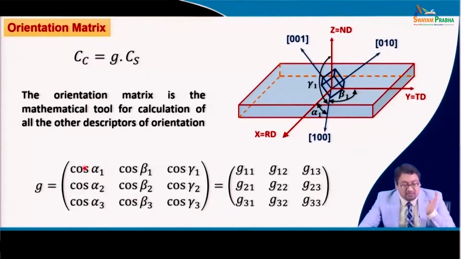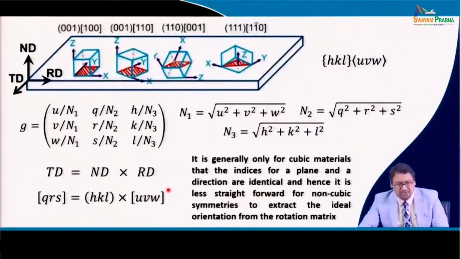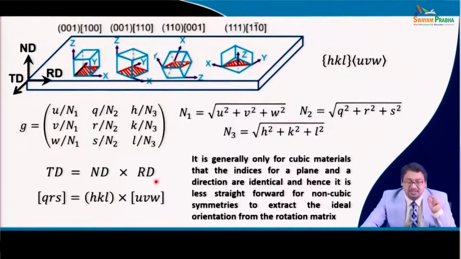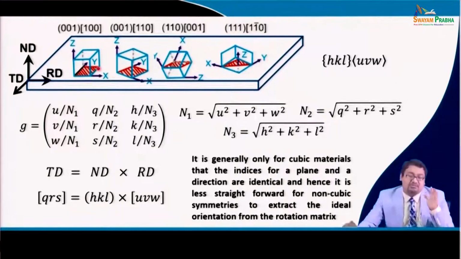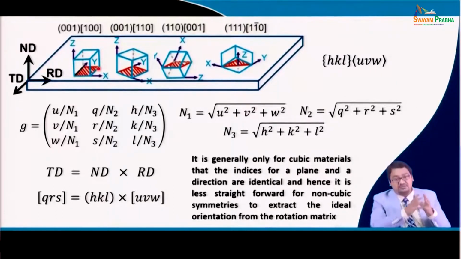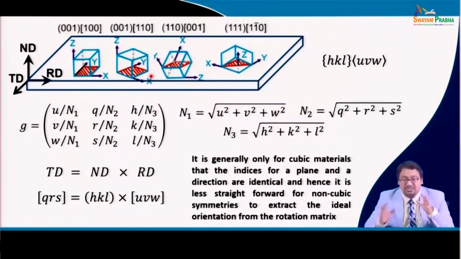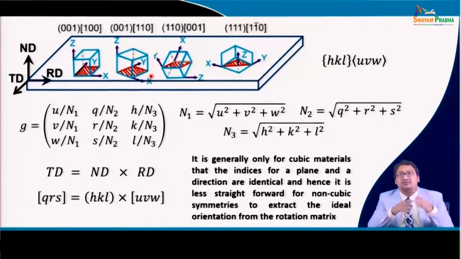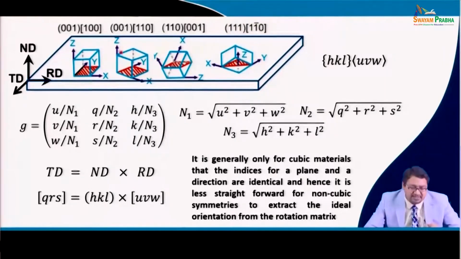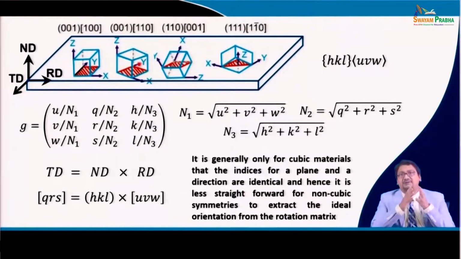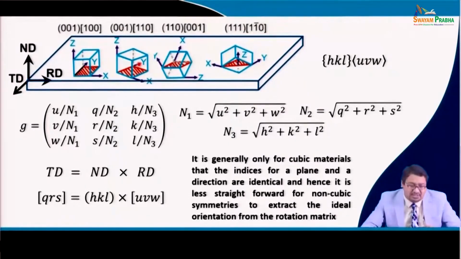So, here 100 is related to R d, T d and N d and the rest as I said. So, if we look closely into the orientation matrix, that is the G matrix, we can find out that if a sample consists of many orientations or few orientations, or you see like this 4 kinds of orientation, then each of these orientations will have an orientation matrix, right, and then each of these orientations,